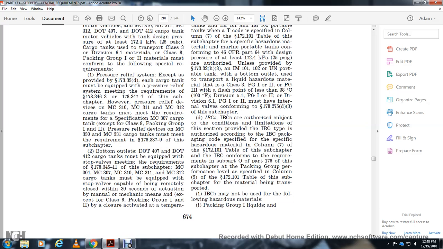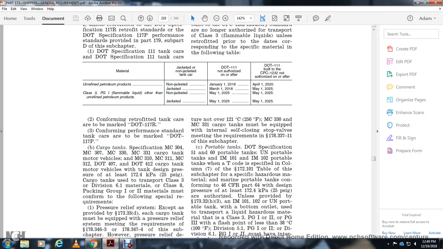9 of the subchapter. Bottom outlet with the DOT 407 and 412 cargo tank must be equipped with the stop valve meeting the requirements of 178.340-11 in the subchapter. MC 304, 307, 310, 311, 312 cargo tank must be equipped with a stop valve capable of being remotely closed within 30 seconds of actuation, by manual mechanical means, except for the class 8 packaging group 1 and 2, closure activated with the temperature not over 250 degrees Fahrenheit. The MC 330, 331 cargo tank must be equipped with an internal self-closing stop valve meeting requirements 178.337-11